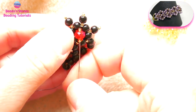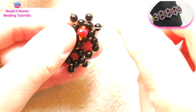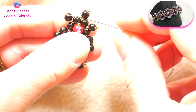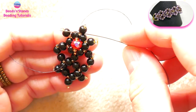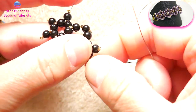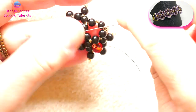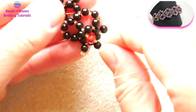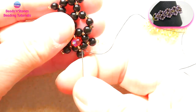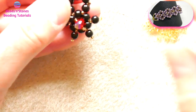go back through the beads just added and through the first one from the opposite direction where the thread came out, right? Just like that. And this is how we add for the entire length of the central beads. Now we move the thread through the body of the circle of the base,